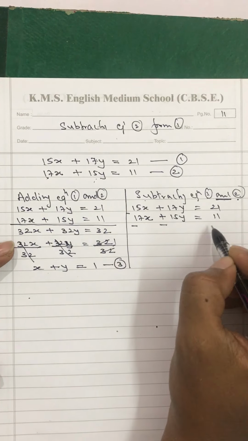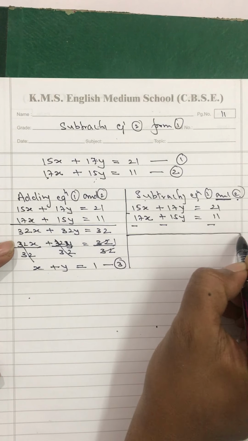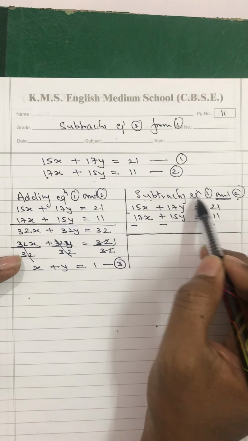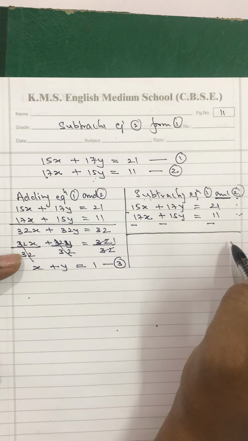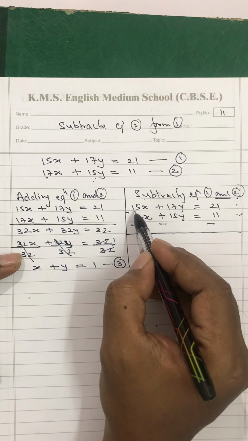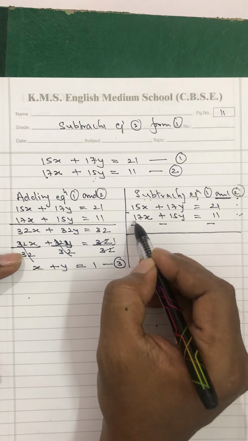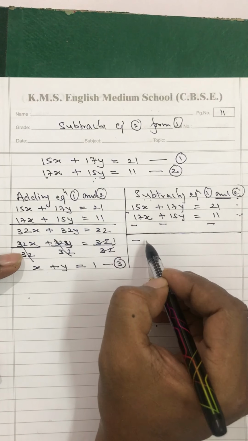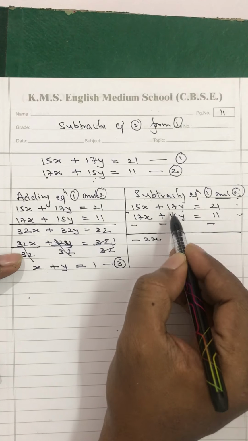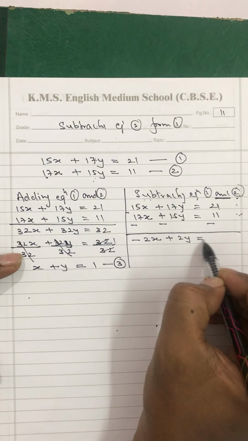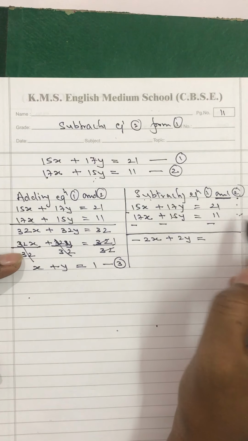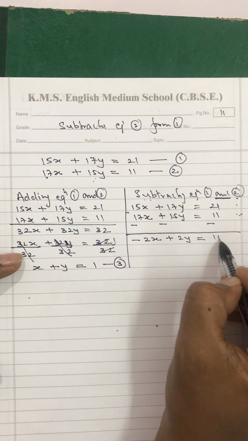Of course, I would like you all to take the challenge and write it. In that case, subtracting equation 2 from 1 will come, because 2 is here and 1 is here. So now when I subtract these two equations, it is going to be plus, minus, the sign of the greater number. 15 minus 17 will give me minus 2x. Here the sign of the greater number is plus, 17 minus 15 will give me 2y. Here it will be again plus, and the 10.